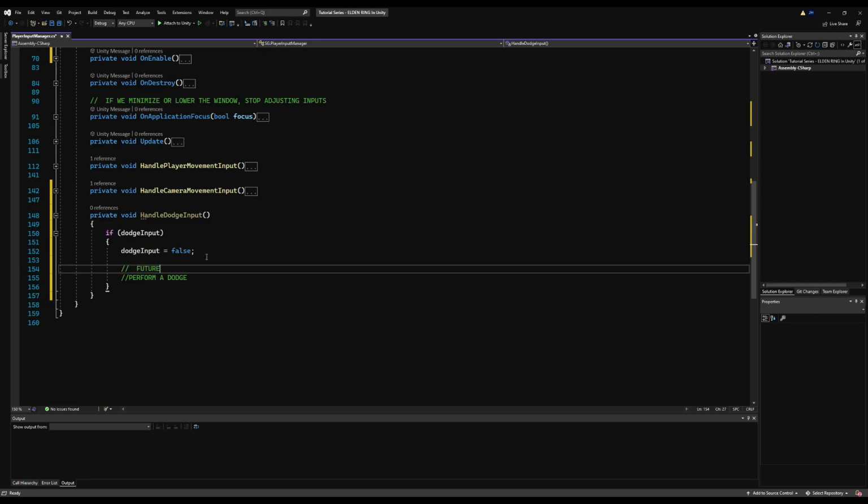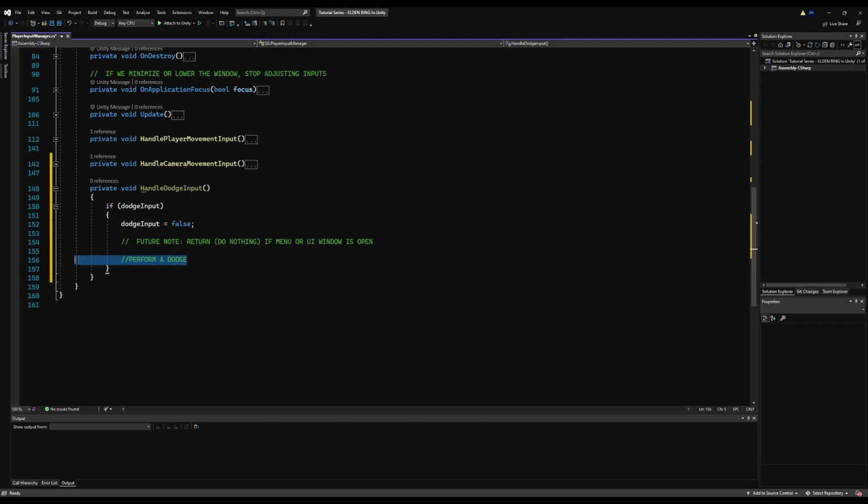But I'm also going to make a note here before we leave, a future note for future Seb. When we get around to adding the UI, specifically menu windows and equipment interfaces, we don't want to perform a dodge if our UI is open. In Souls and Elden, you can run around while the menu is open, but you can't perform any actions. So I'm just going to make a note here in the future.